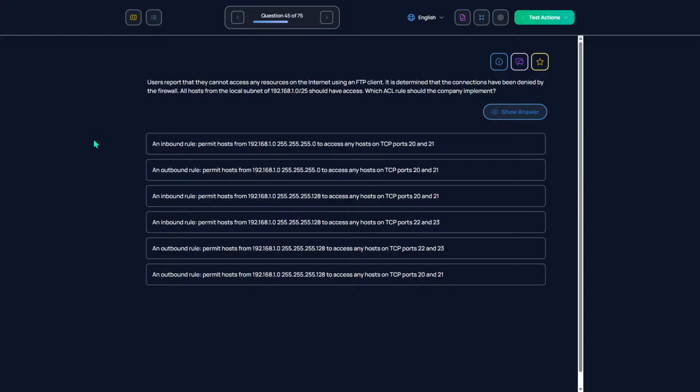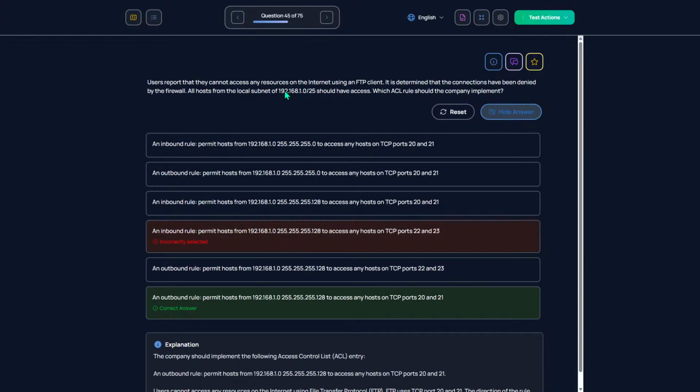They should do an inbound rule permit host here from ports 22 and 23. Yeah. Okay. All right. This one is just going to be a memorization thing for me. So it's outbound. Outbound on ports 20 and 21.